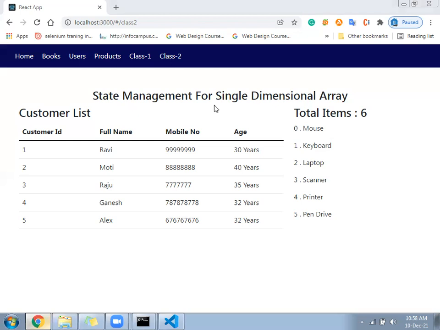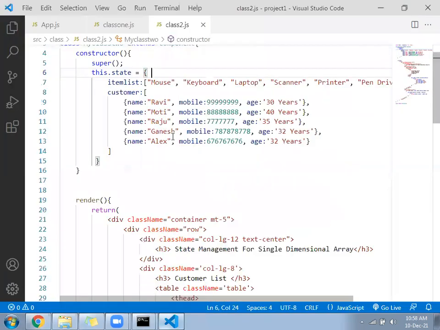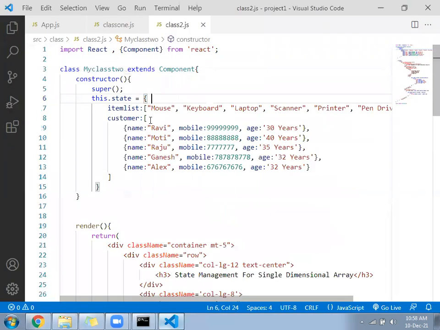No error? Okay, let's go ahead then. So in this, we have got an idea how to create an array inside the state, single dimensional and multi-dimensional.